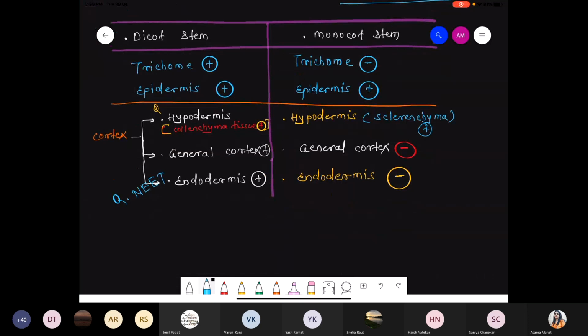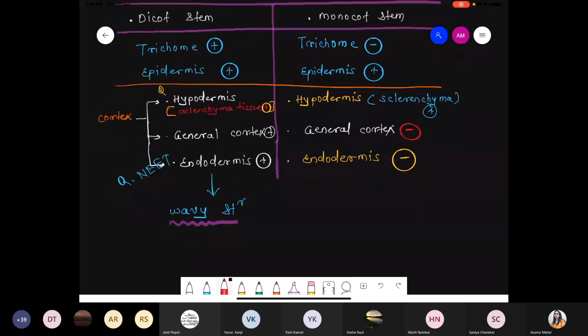So such endodermis, basically it is not a ring structure. It has a very zigzag-like structure, or in other language you can say it has a wavy structure. Another important point: the endodermis layer in case of the root consists of Casparian strips, and that's why they block the water movement. But please remember this point, here we are talking about the endodermis without Casparian strips. Such kind of strips or bands, called Casparian strips, are totally absent with respect to the endodermis of dicot stem.